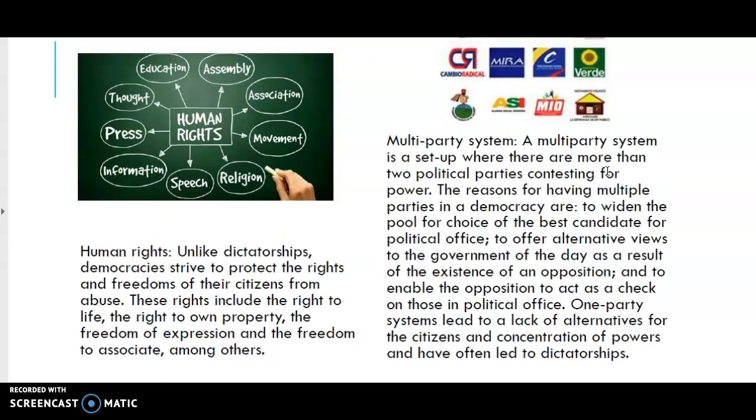The next one, human rights. Like I was telling you, in the Bill of Rights, in the fundamental rights section of the Constitution of Colombia, we included the human rights. Okay, so just like it says here, unlike dictatorships,